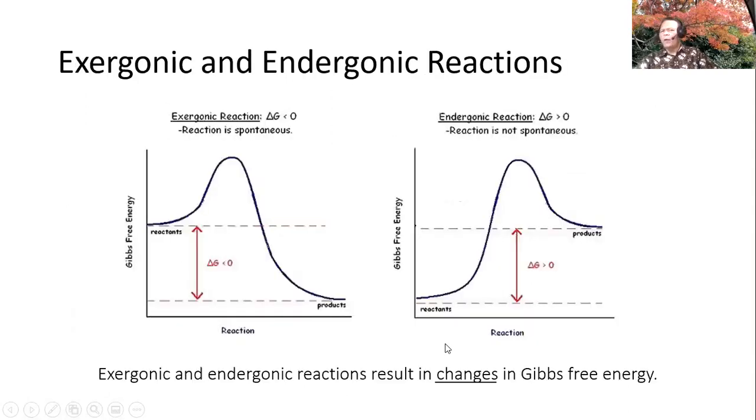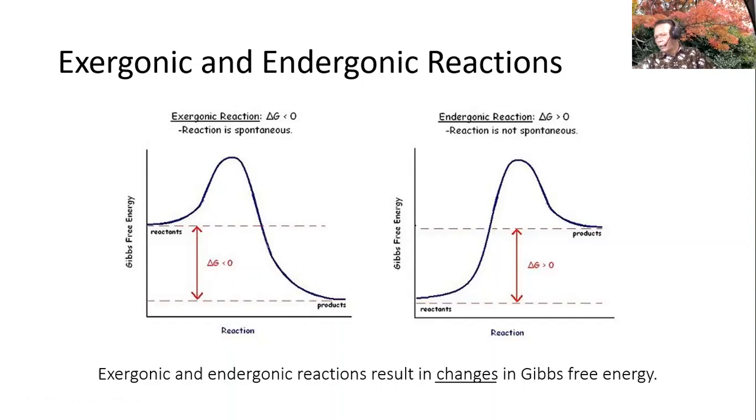Now let's see exergonic and endergonic reactions. Let's look at this diagram. This axis is the free energy, and this is the reaction. We start from this reactant, and this is our product. The reactant is in this part, then the product will be at this point. Let's see the delta G. Delta G is